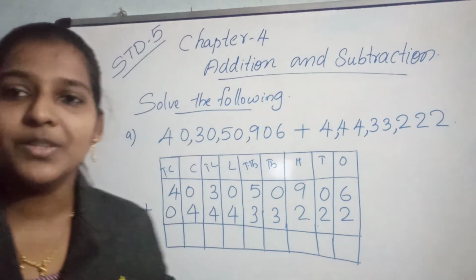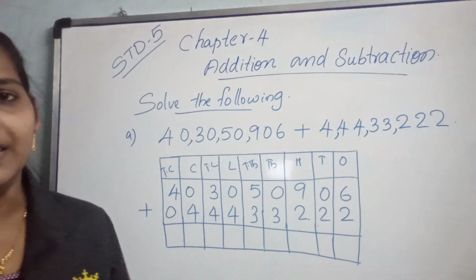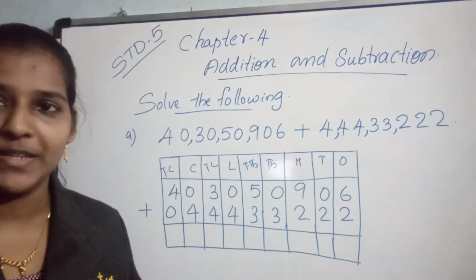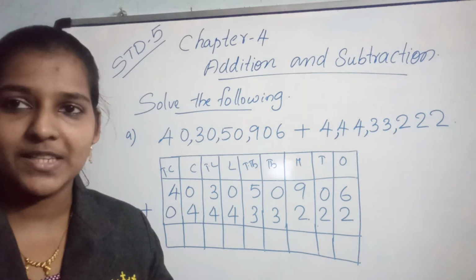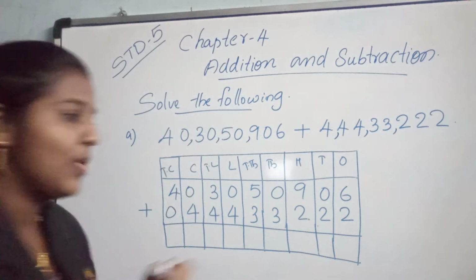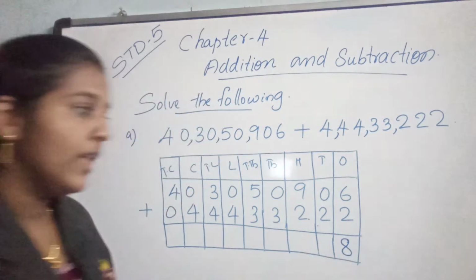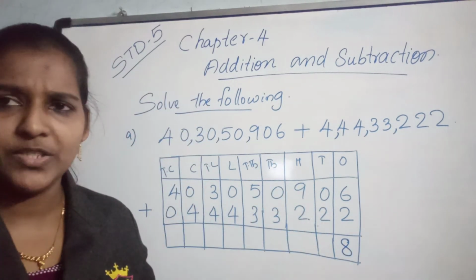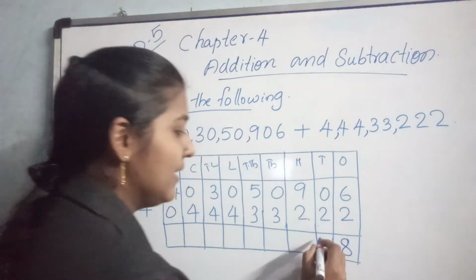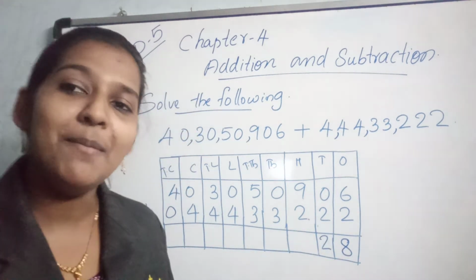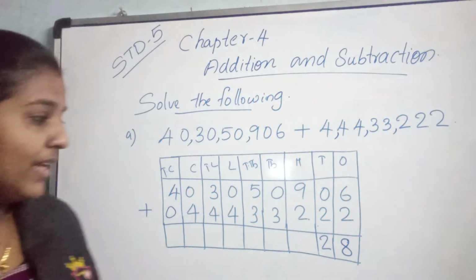Okay. So now let's start the addition. 6 plus 2. Keep 6 in your mind, take 2 fingers after 6: 7, 8. So the answer is 8. Now move to the second place. 0 plus 2. 0 plus 2 is 2 itself. If you are adding a number with 0, the answer will be the number itself. Okay. Now next one,